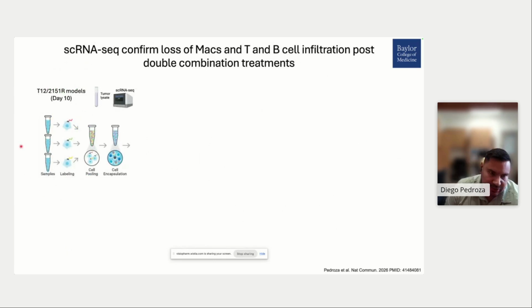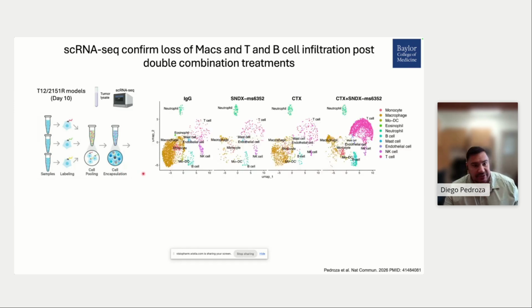So we proceeded to initially do single cell RNA sequencing. We actually have a method where we can pool them together and do cell hashing to remove the batch effect and cost of this. And again, we can do single cell, and you can see our IgG control. We have a large population of macrophage monocytes. The monoclonal antibody depletes this population pretty efficiently. Chemotherapy itself will increase to a certain degree, does have a level of inflammation. So we do see a population of macrophages, but the combination does improve this.